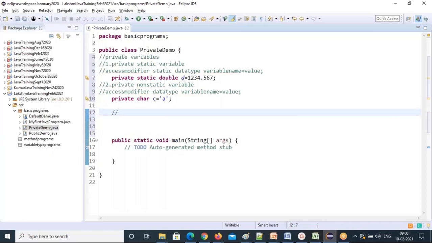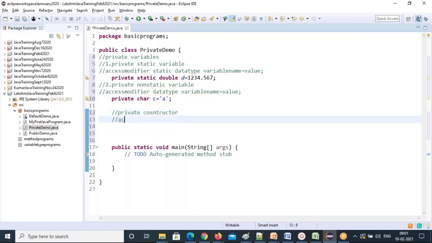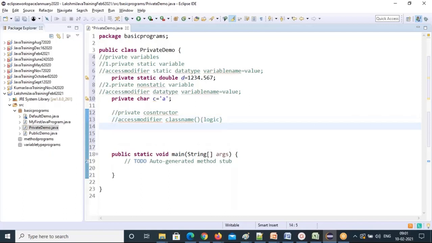Next, what is the next section? Private constructor. So what is the private constructor structure? Access modifier, class name, parentheses, curly braces, logic. That's a private constructor we'll create. So access modifier you need to give private. Then the class name, this is the class name, parentheses, curly braces.